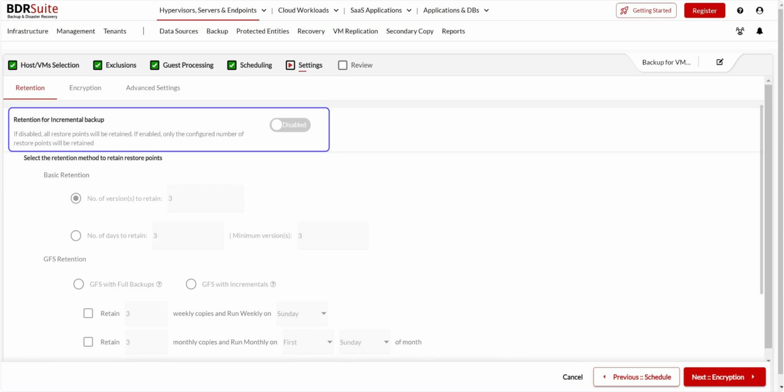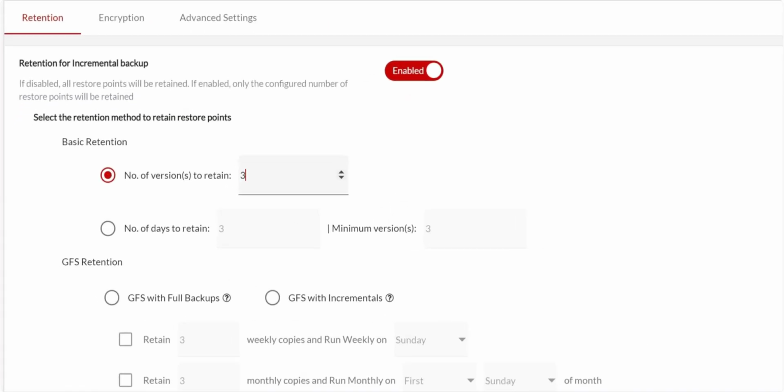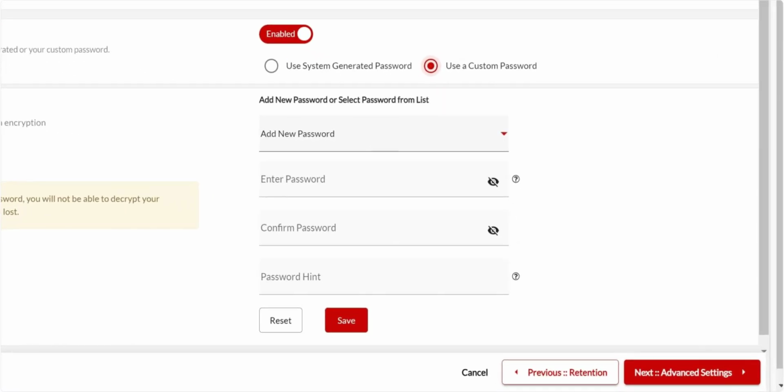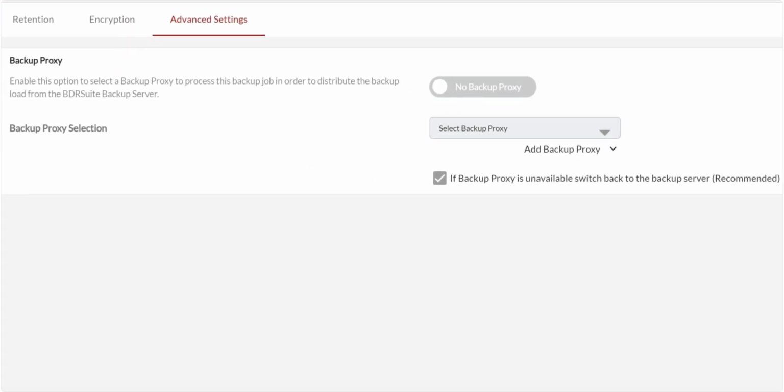If disabled, all restore points will be retained. You can enable retention and customize the policies as per your storage and compliance requirements. Once done, click Next. Backup data encryption encrypts all the backup data during transfer and at rest. To protect backups using a custom password, you can enable backup encryption and add a password. Then, click Next. To enable hot add, LAN-free data transfer, and offload tasks from the backup server, you can assign